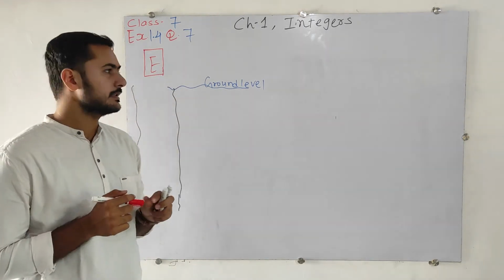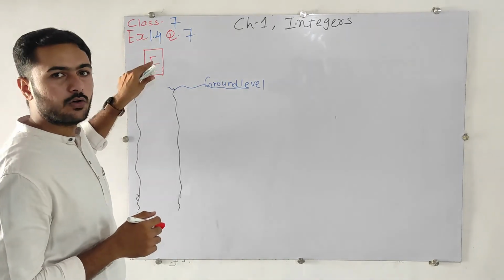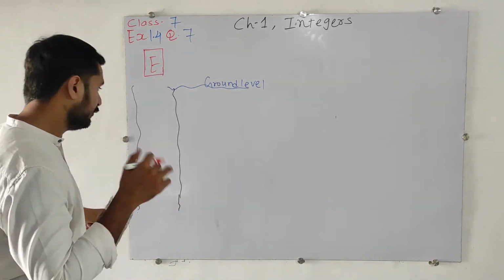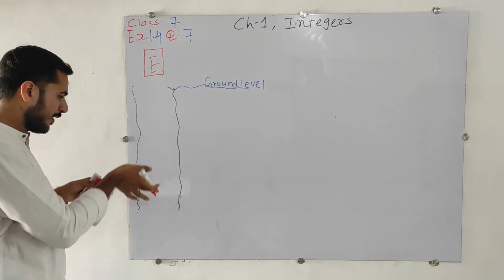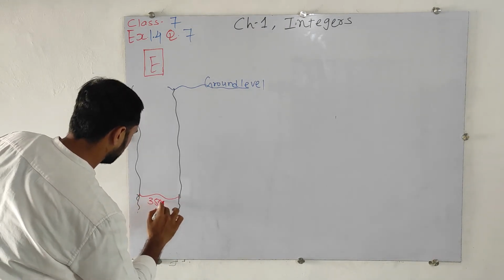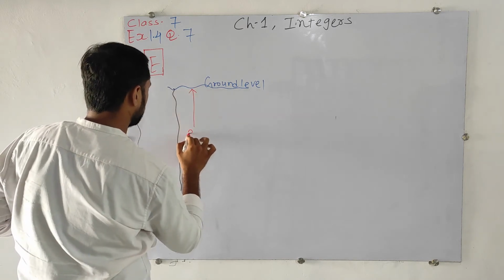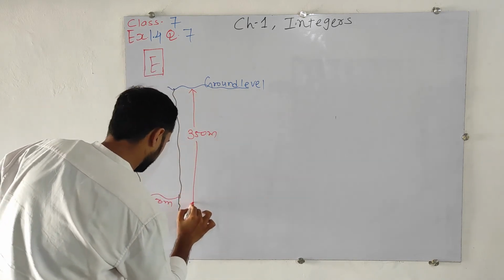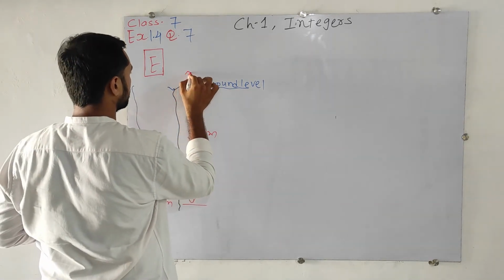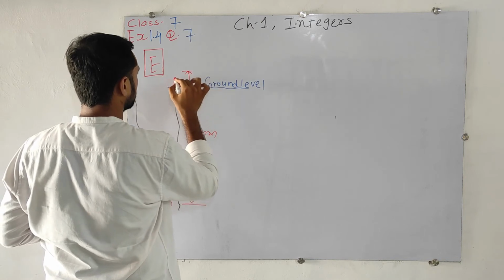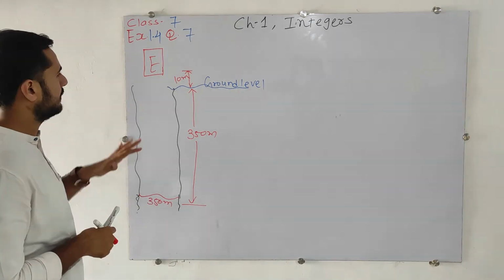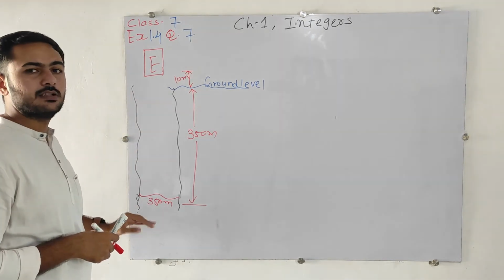So the elevator is at 10 meters from the ground level, and the elevator has to reach 350 meter from the ground level downside. So here something, fine. Here that is 350 meter. Okay, this distance, that is 350 meter. Fine. So the elevator, and this is the 10 meter. That is the 10 meter. Now we have to find out how much time the elevator takes to reach 350 meter.